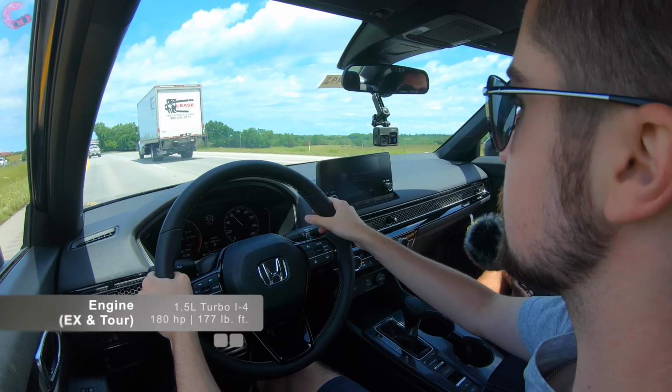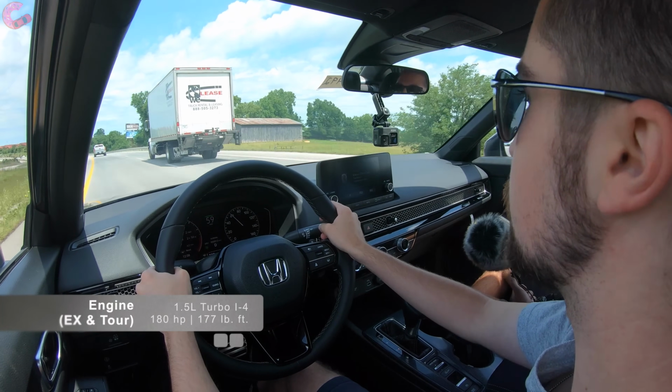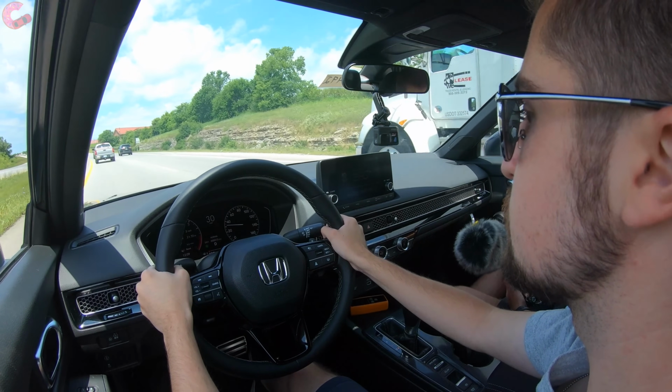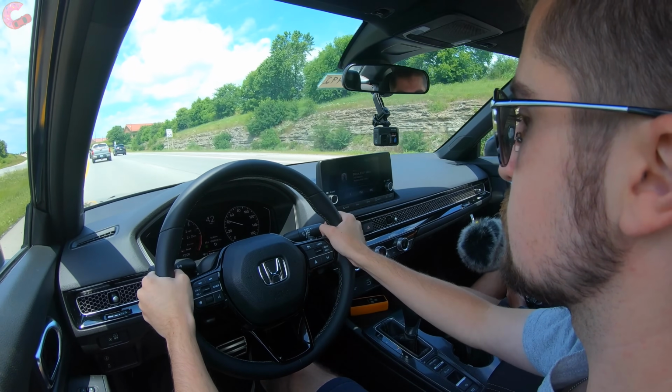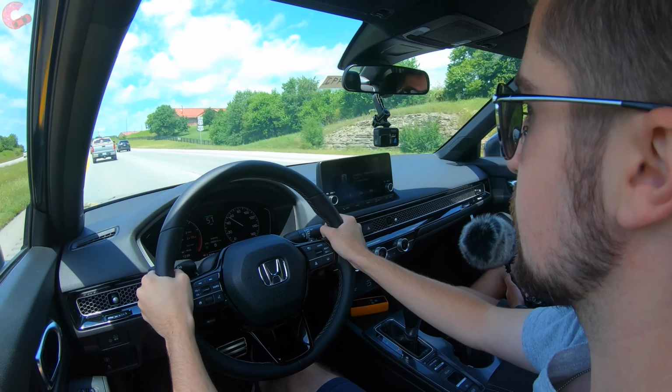Which power is, it's fine. This is pretty good power for this category of vehicle, but of course it is going to be less than the 180 that you get with the 1.5 liter turbo in the other 2 trim levels. Yeah, so I mean, nothing in this category is gonna really wow you, but this is definitely more than